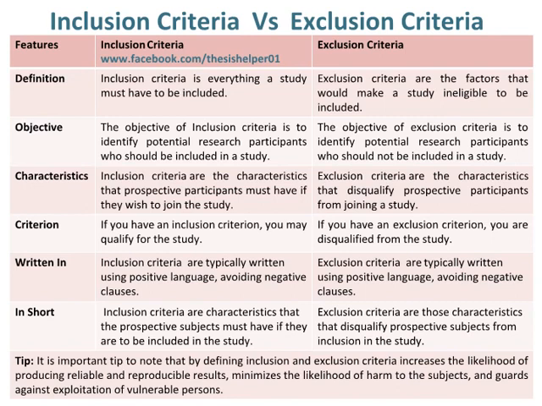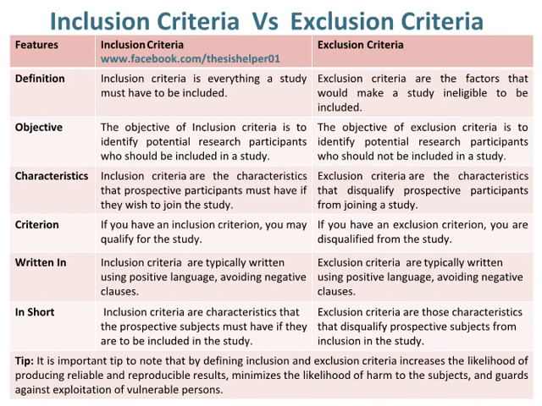If you have an inclusion criterion, you may qualify for the study, whereas if you have an exclusion criterion, you are disqualified from the study. Inclusion criteria are typically written using positive language, avoiding negative clauses, whereas exclusion criteria are typically written using positive language, avoiding negative clauses. In short, inclusion criteria are characteristics that the prospective subjects must have if they are to be